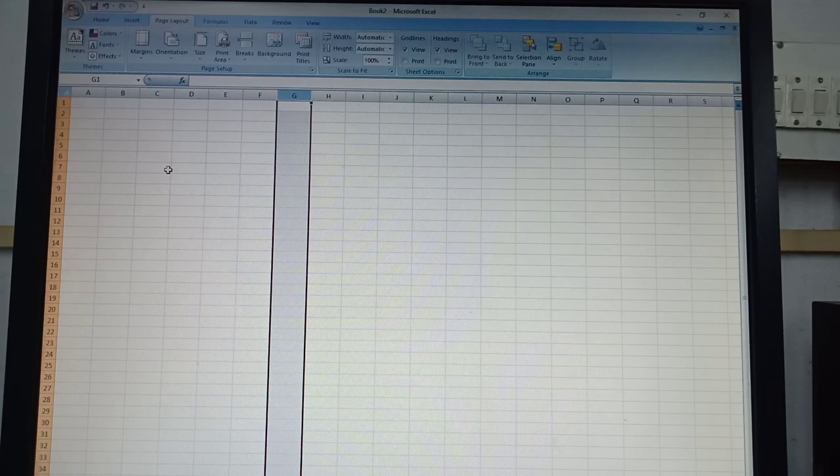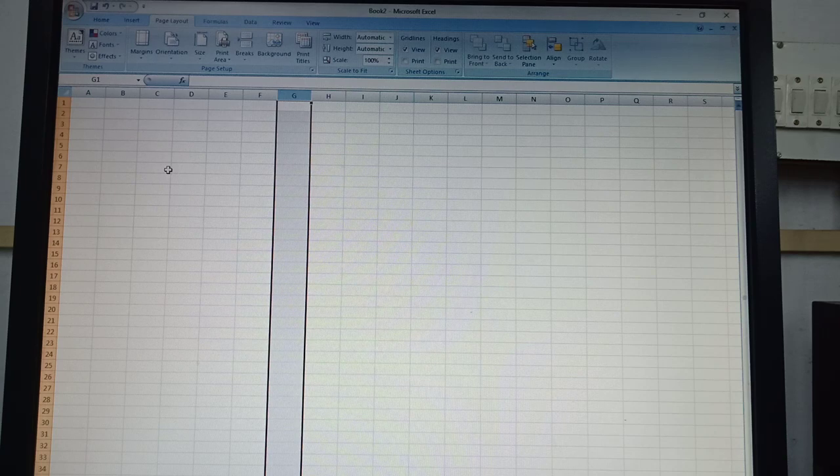Now moving to the next topic. MS Excel is basically made for doing calculative work, because for typing we have MS Word, and for making presentations we have MS PowerPoint in MS Office. But for doing calculation, that's why it is called a spreadsheet. The sheet which is divided into small parts is known as a spreadsheet.